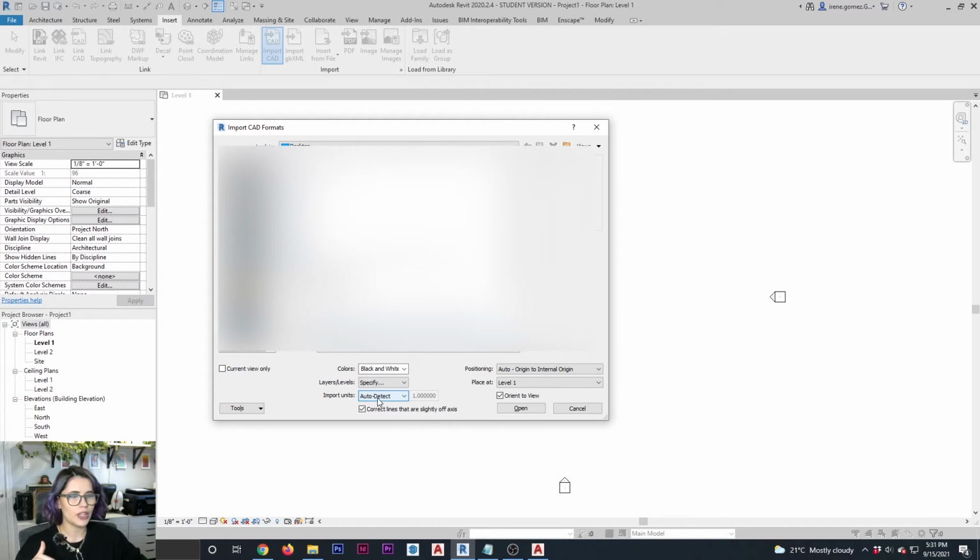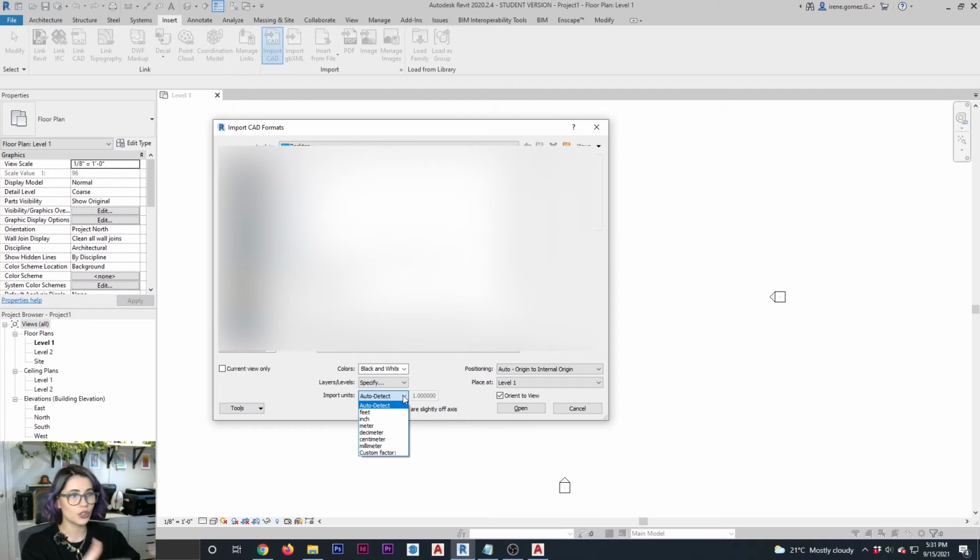So again, by default it's on Auto Detect. But if I click here, I'm going to be able to manually set up the unit. Now, very important, what units are we setting up here? The units that you're going to be choosing here are whatever the units are on the original file.